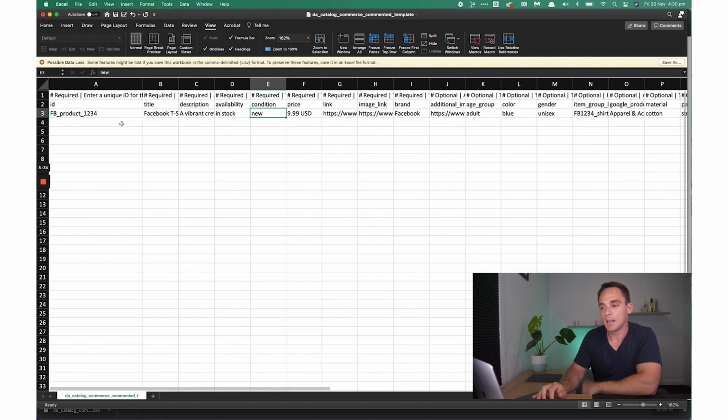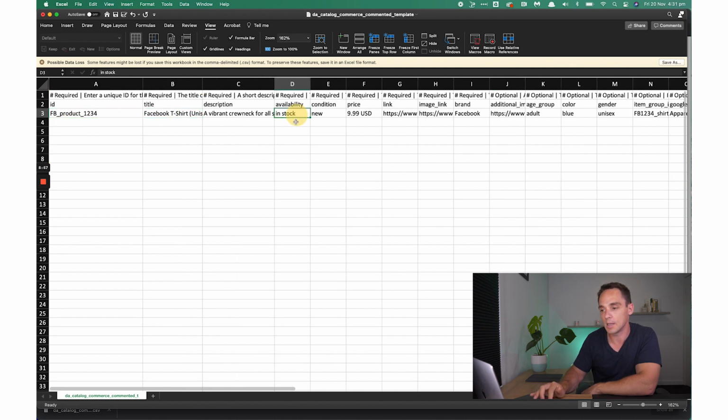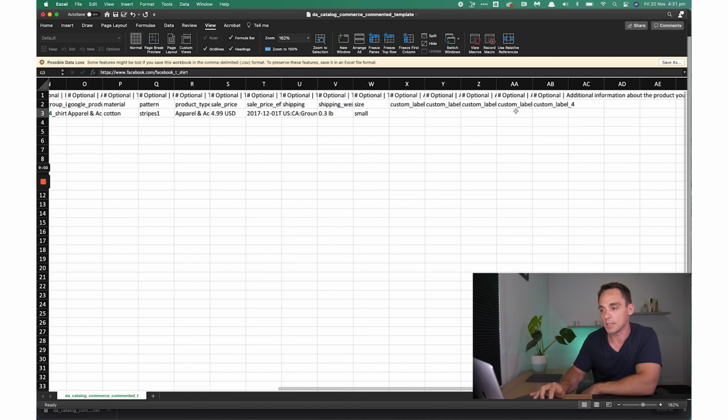So I would simply save that to my computer, and then you open up that template and you'll see something like this. This is a sheet that you can now just fill in with each of your different products. So you can see we've got an ID column, we've got title, description, availability, and at the top it tells you which ones are required. So you can see this field is required, but this one is optional. So you would just go through and enter all of your different products. So you can see they've got an example there to show you exactly how to set this up.